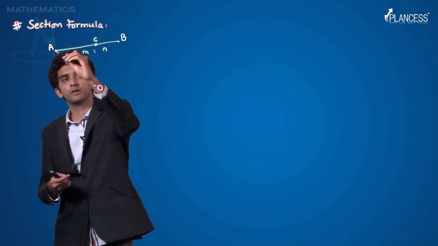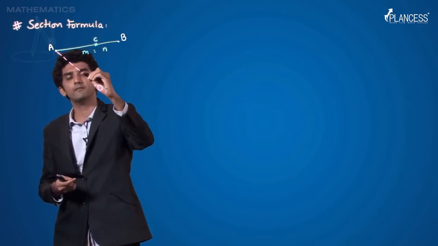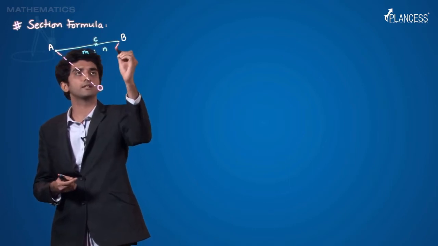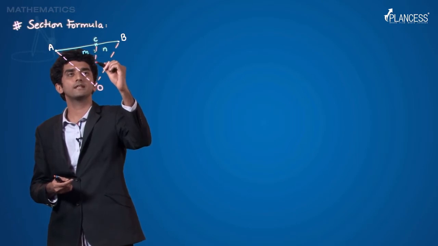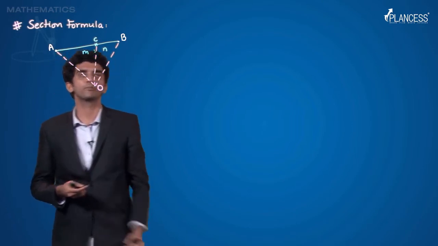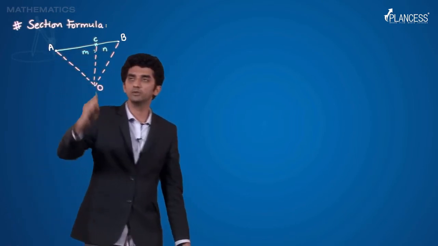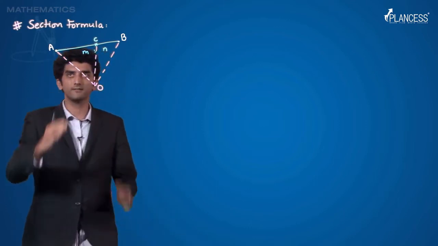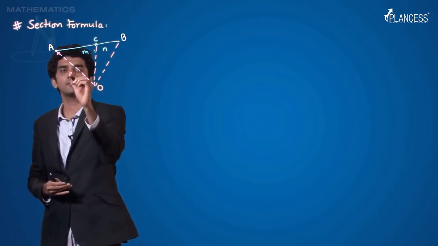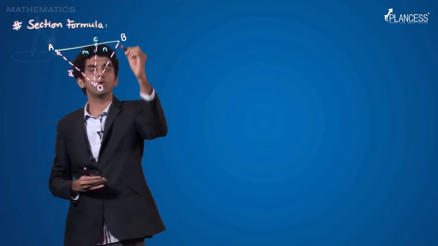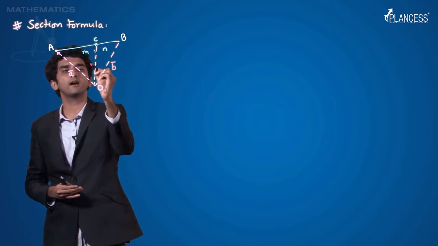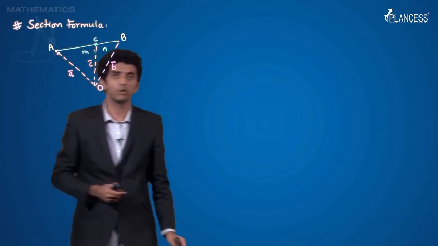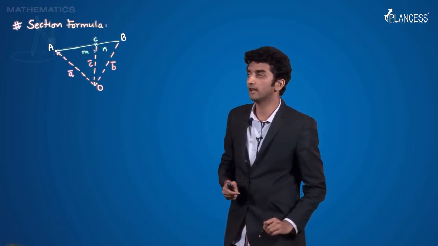Now what are we going to do? We are going to connect point A with point O. Naturally we are going to connect point B with point O as well, and also let's connect point C with point O, right? Now what this will do is OA bar, this vector, is nothing but small a bar. OB bar, this vector, is nothing but small b bar, and OC bar is nothing but vector small c bar, right? So these are the position vectors that we already have.